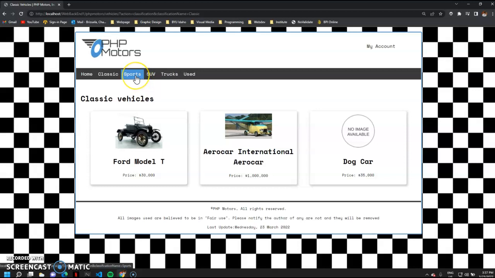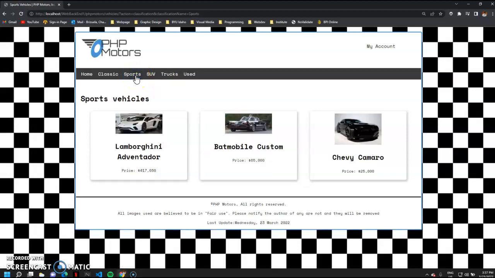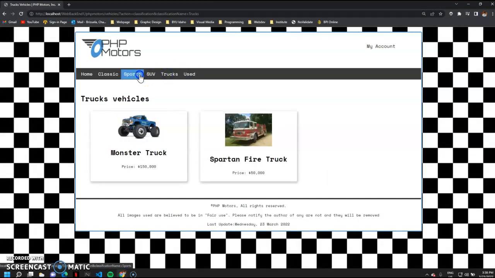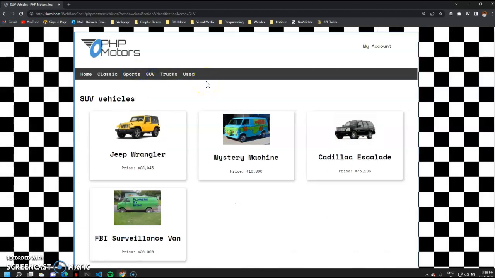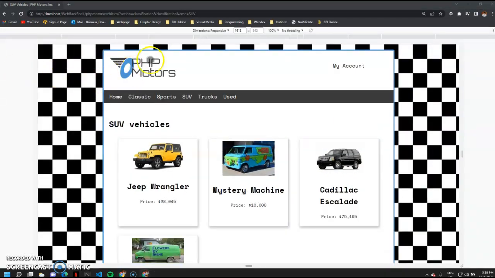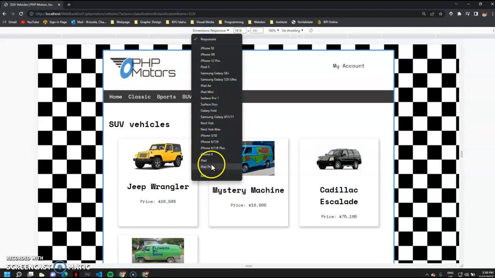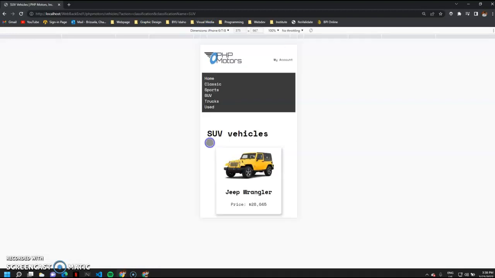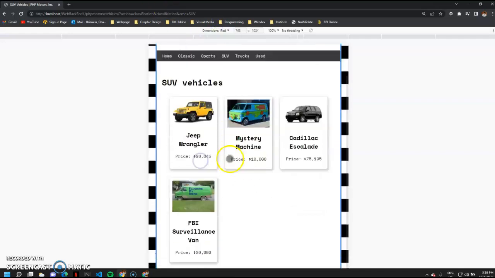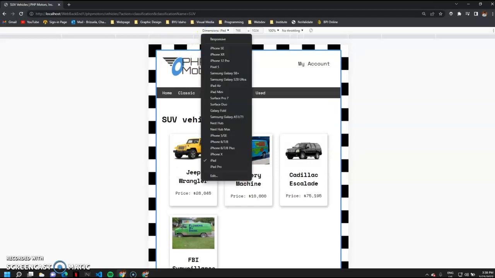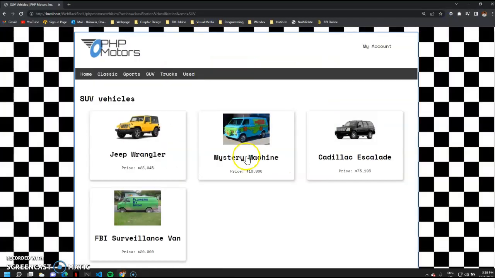And if I click this sports, it will get all the vehicles under the inventory in the database. So yeah, to check the responsiveness of the site or the view, and for the desktop view,